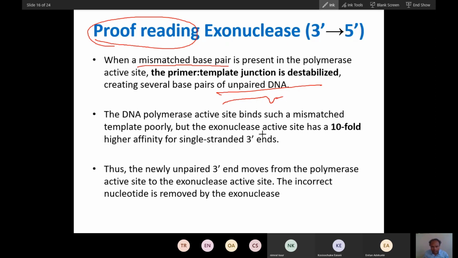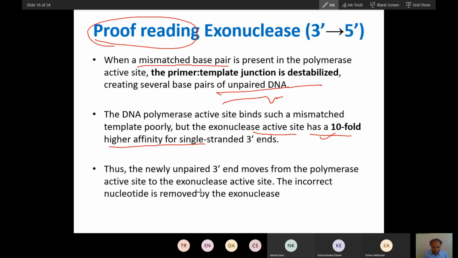That is why the DNA polymerase activity will become very slow, but the exonuclease active site has 10-fold higher activity. DNA polymerase also has an exonuclease site down here. You can see up here is the DNA polymerase, which is like a partially folded right hand. Here there is polymerization activity, but at the bottom there is a site in the protein that has exonuclease activity. So this exonuclease activity increases because of the slowing down of the DNA polymerase movement.